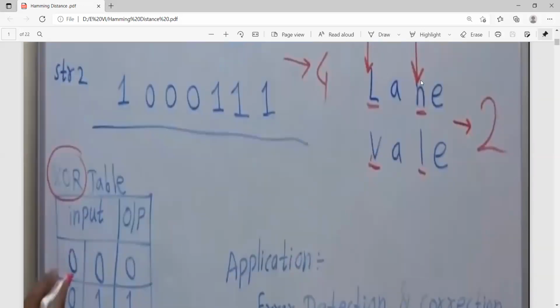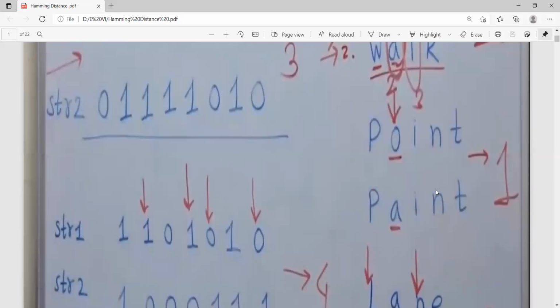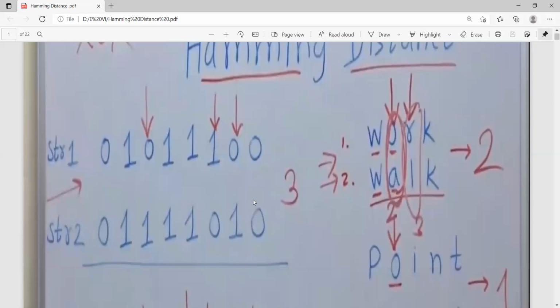Similarly, for the third one, this is LANE and this is VALE. There are 2 errors here. Based on this, for digital data also, we have to take 2 different strings.